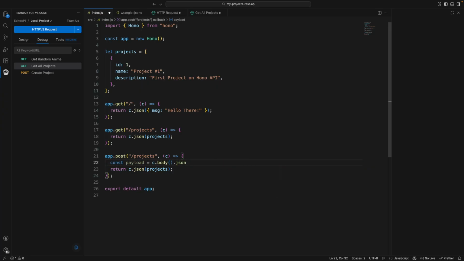So we need to parse that information in. So we'll get the body from the object in the JSON. And then I will just send projects dot push,